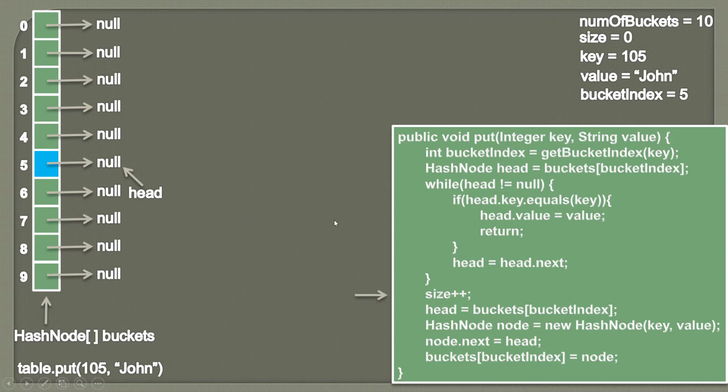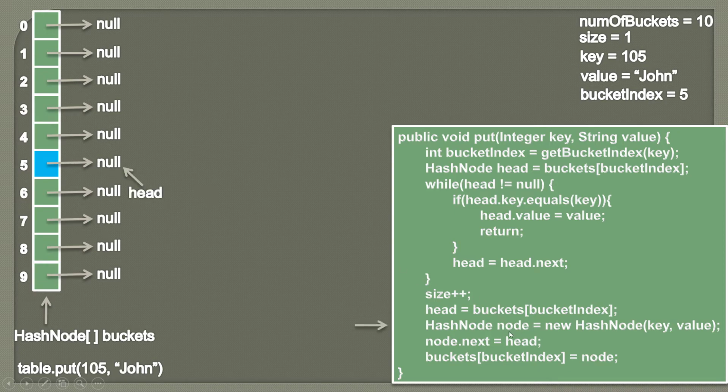and as the key value pair is not present, we can simply add this key value pair in the form of a hash node. So first we increment the size. So now size becomes 1. And now let's suppose at this index there could have been multiple nodes connected via next reference. So in this while loop there is a possibility that head might travel through some of the nodes to check whether the key is present or not. So after this while loop we bring head back to the first node by again assigning the hash node at bucket index. So head will again point to null.